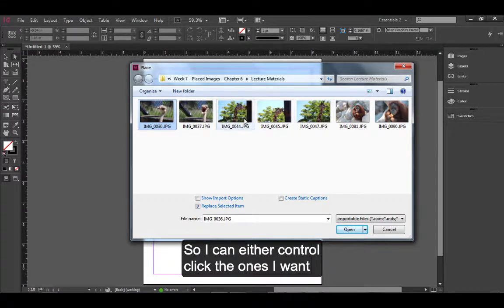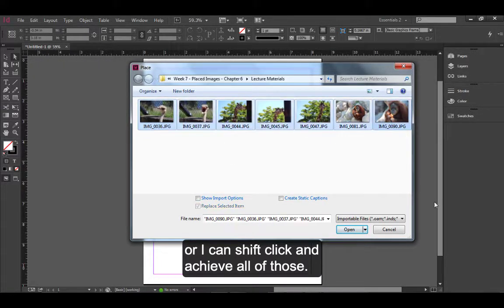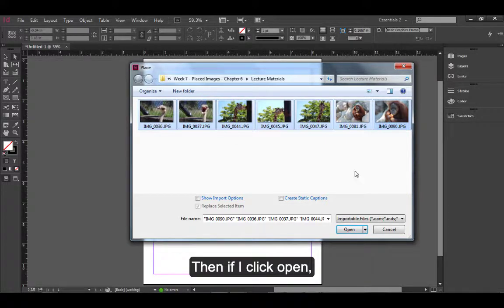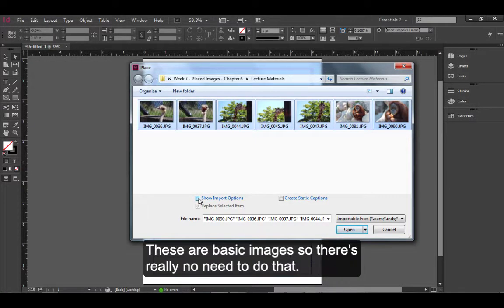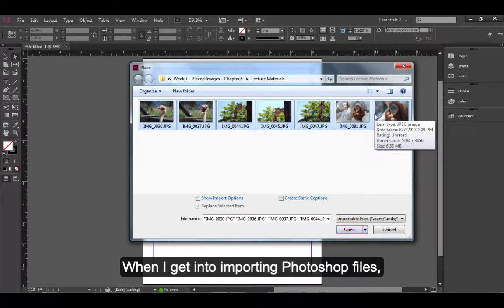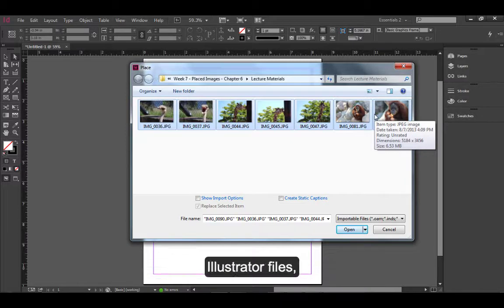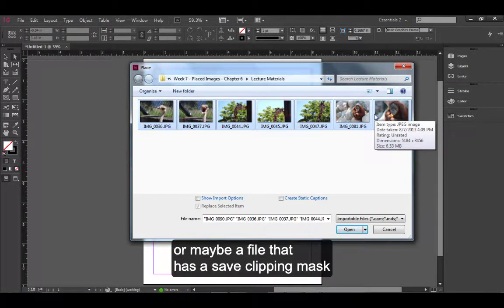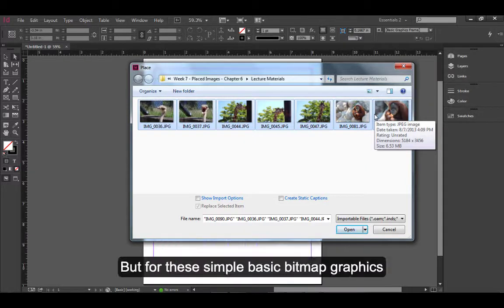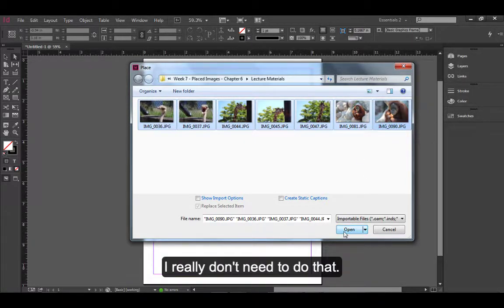So I can either control click the ones I want, or I can shift click and achieve all of those. Then if I click open, one other note here, I can choose to show my import options. These are basic images, so there's really no need to do that. When I get into importing Photoshop files, Illustrator files, or maybe a file that has a saved clipping mask or an alpha channel, then I maybe would want to see those import options. But for these simple basic bitmap graphics, I really don't need to do that. So I click open,